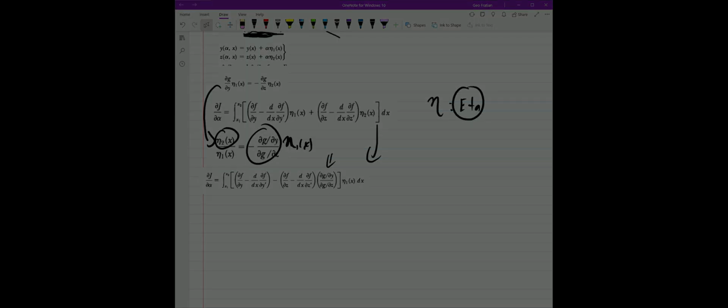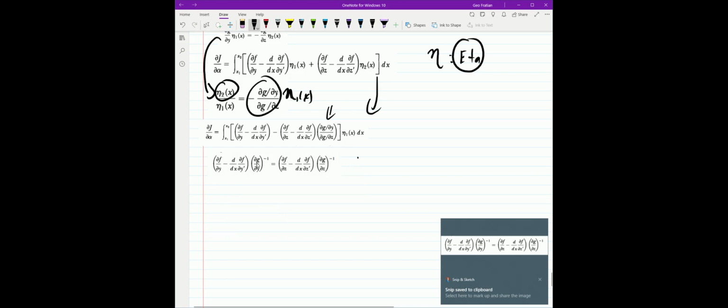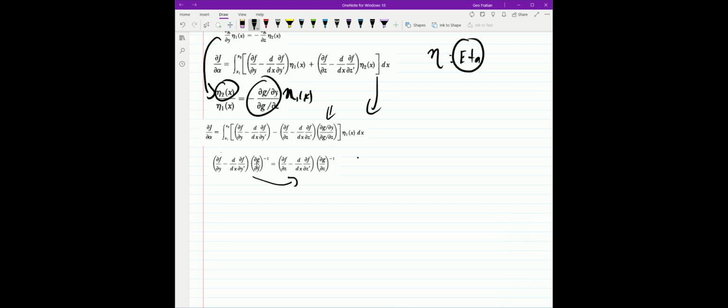And therefore, this expression here has to equal this one. Let me see if I can understand that real quick. The expression in the brackets must vanish. This right here must vanish in order for this to have a minimum, because we want this to be 0. So this has to equal that. Why is it dg over partial y to the negative 1? I see. What they did here was this expression right here has to equal 0. This is equal to purple, and then they brought this over to the other side, and they left this one on this side. That's how you get that expression,